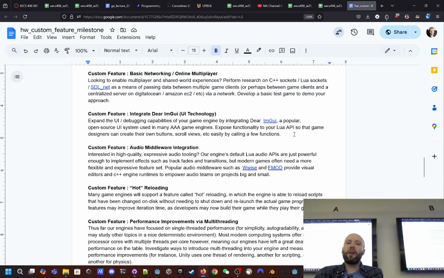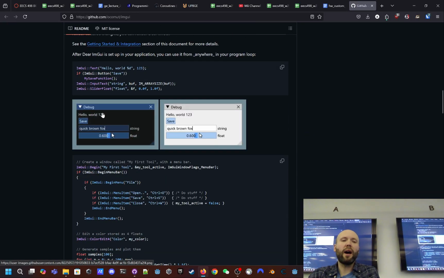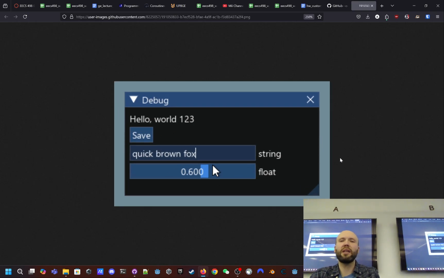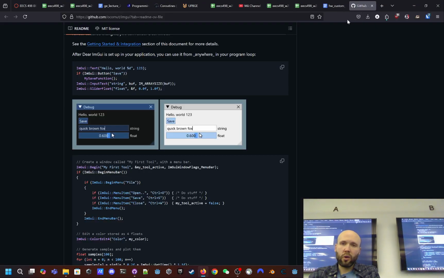There's a very, very common UI library called Dear ImGUI, and you'll find this all over the industry. A lot of AAA game engines use this, and they use it to very easily display things in their engines. So if you want a really quick way to get a little debug menu that allows you to quickly change properties or numbers, or click a button and run some code as a callback on that button,